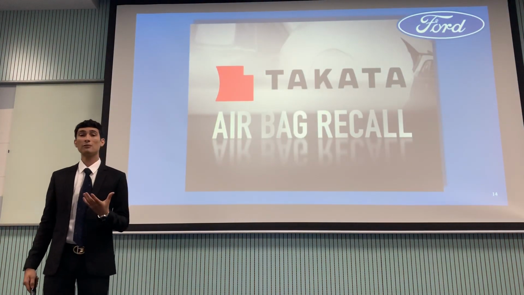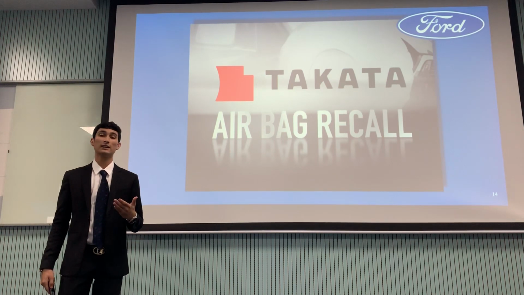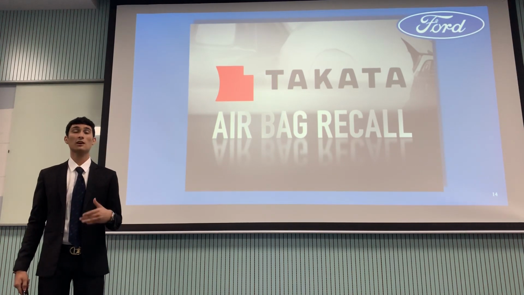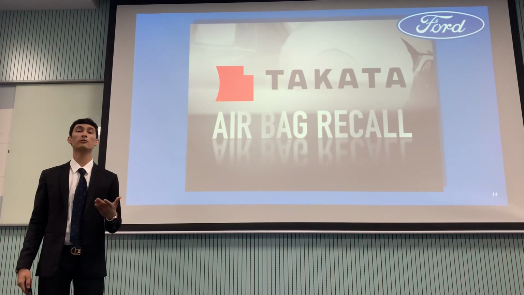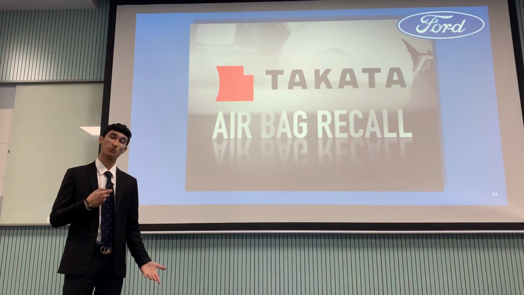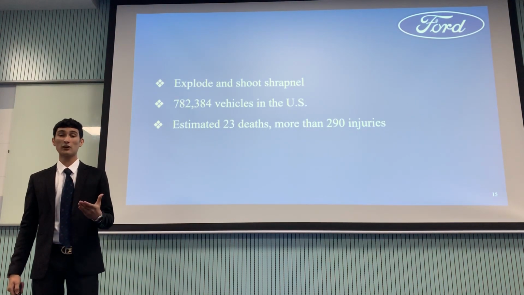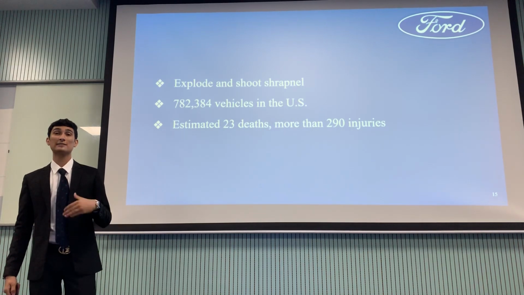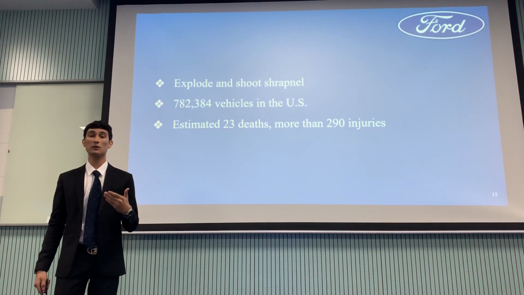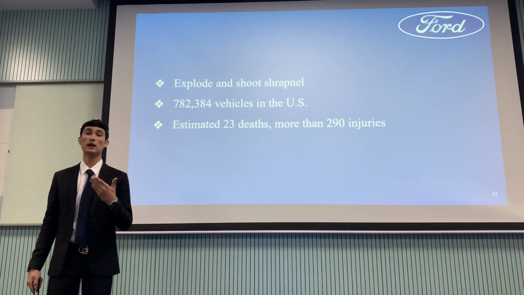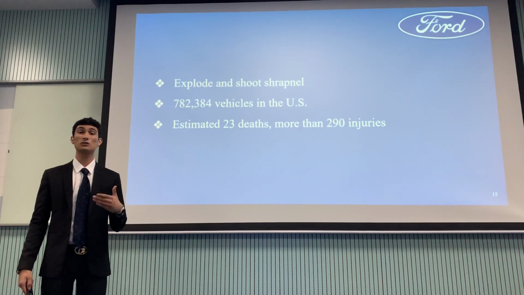The problems that we're having with our airbags right now are all the cars that have a Takata airbag. Takata is a famous Japanese company that supplies airbags to the biggest car brands around the world, including Ford. So what is the problem? The problem is in the inflator of the airbag, which when it's exploded or activated, shoots shrapnel or pieces of material into the passengers or the driver. And this is very dangerous because it can lead to death and injuries.